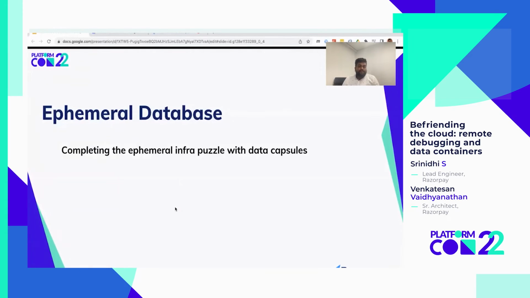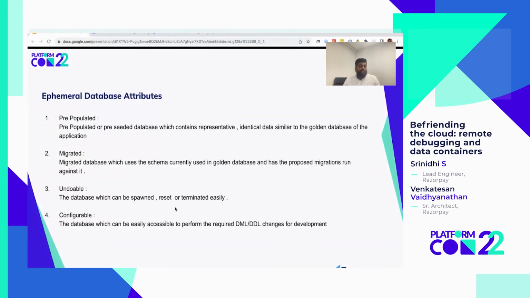Let's now move into the next feature that will enable us to complete the entire ephemeral infra puzzle. Ephemeral databases, or databases in fact, are a critical part of any application. So having databases ephemeral will be a primary requisite for the application to be ephemeral. Before jumping into the solution and looking into what the implementation is, let's look into the attributes that will